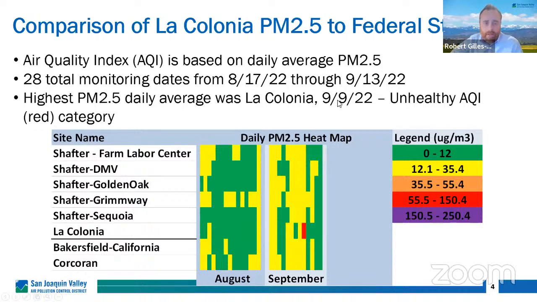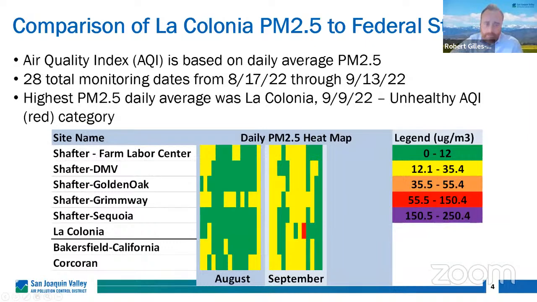And the AQI, the air quality index on that day, was in the unhealthy category, which is represented by the red, which is that range of 55 to 150 micrograms. But we can see just in this color comparison, how did all of the other sites compare during the same period in the AQI format? We can see that mostly everything is yellow and green, which means that the readings were below the federal air quality standard for daily average, except for that one day where we see the red,